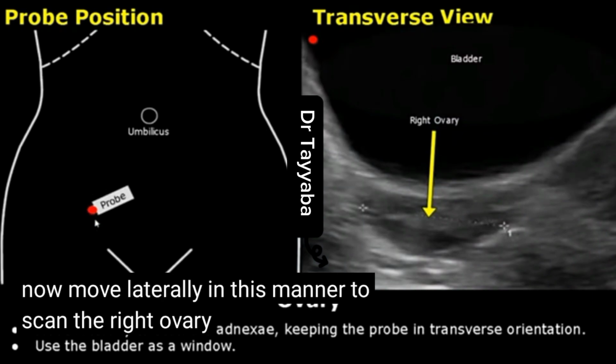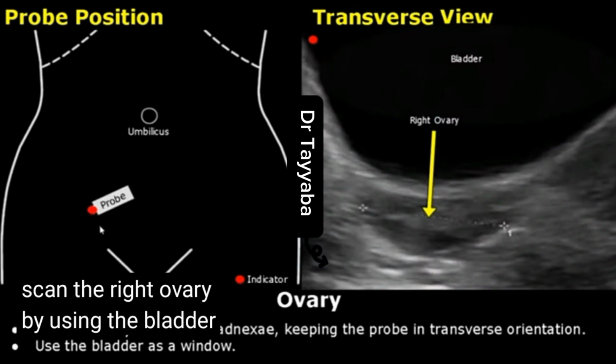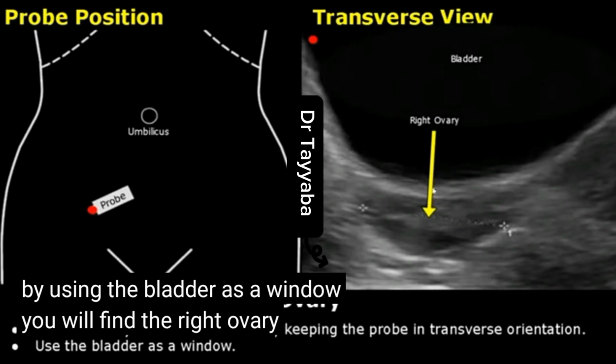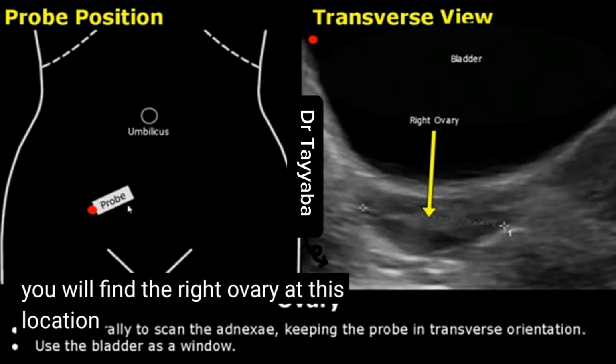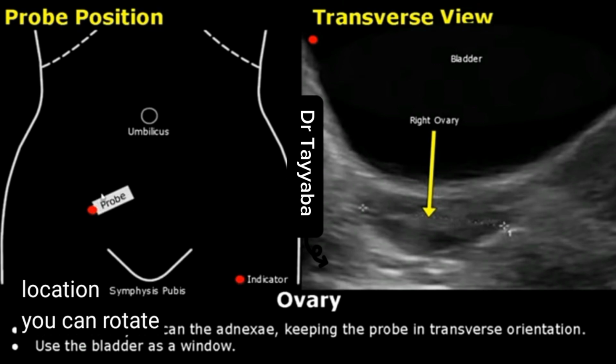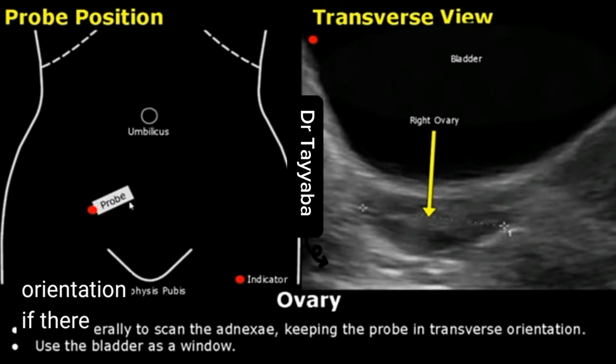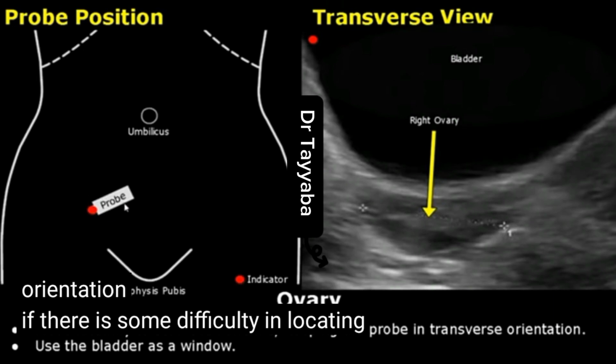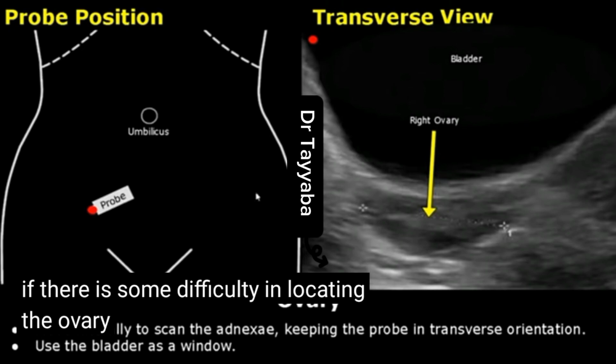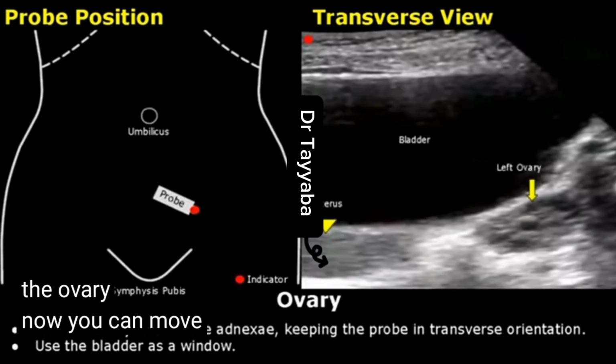Now move laterally in this manner to scan the right ovary. By using the bladder as a window, you will find the right ovary at this location. You can rotate the probe in an oblique orientation. If there is some difficulty in locating the ovary,